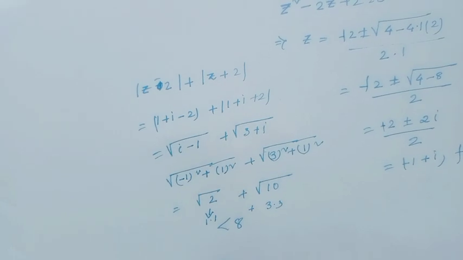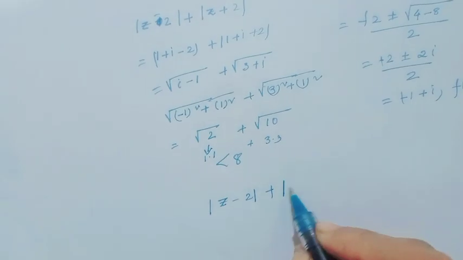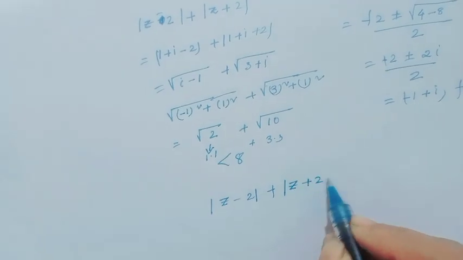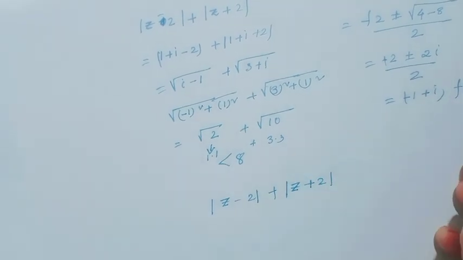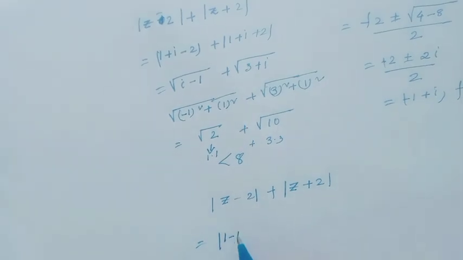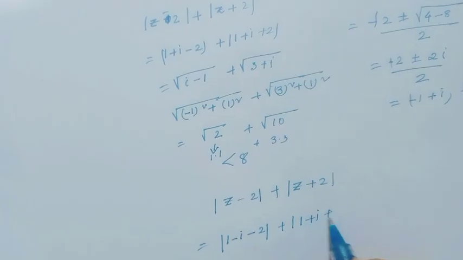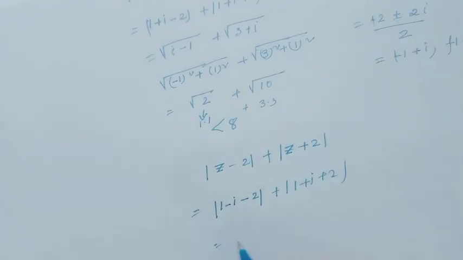Next, |z - 2| + |z + 2|. Here, put the point 1 - i. Then this is equal to |1 - i - 2| + |1 - i + 2|. This value is equal to